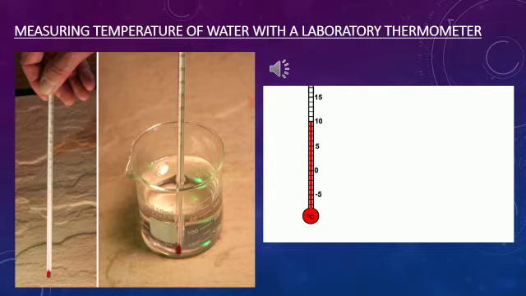And in addition to the precautions to be taken while reading a clinical thermometer, it should be kept upright, not tilted. So you should keep it upright. You should not tilt the thermometer. And bulb should be surrounded from all sides by the substance of which the temperature is to be measured. The bulb should not touch the surface of the container. So these are the precautions you should take up when you are using any thermometers.